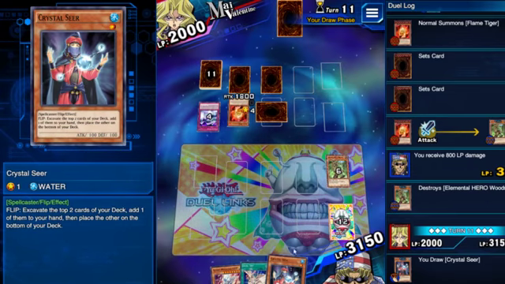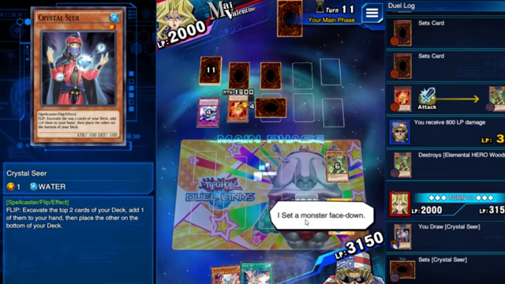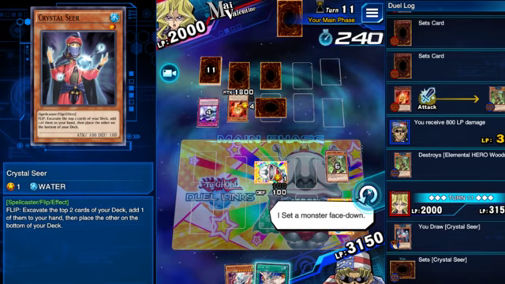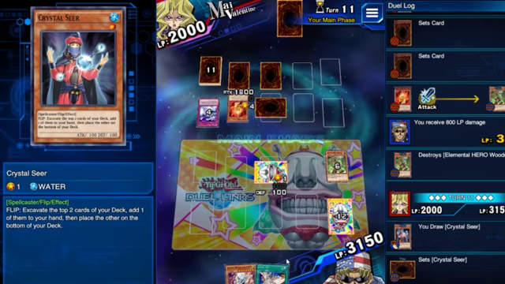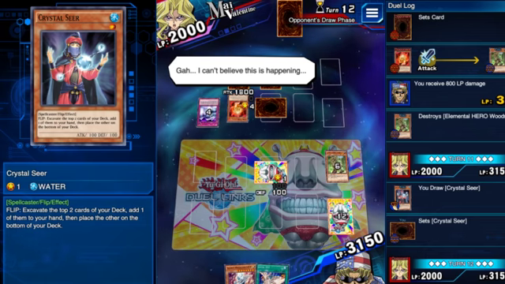We got Crystal Sea, so we might have a chance of getting our Silent Magician to come around. Like, a monster face down. We're 3 in 12, so it's like a 1 in 3 chance of drawing it. Turn's done. You'd think we'd actually get it, but